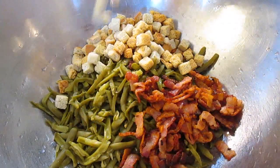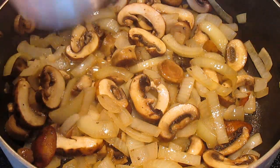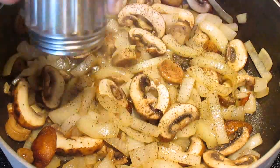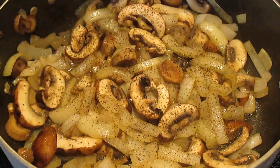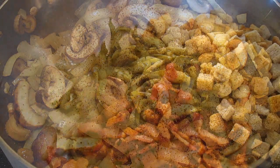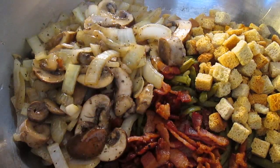Now, these look like croutons, but it's stuffing. And then once we season with a little bit of salt and pepper here on our mushrooms and onions, we're going to add some adobo. This is good stuff. It's just some garlic powder, a little bit of oregano, a few other ingredients, but we're going to add that right in here with the mixture too. Mix this up real nice and fine,